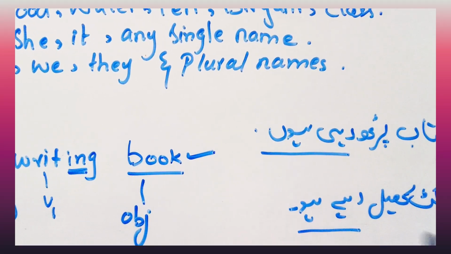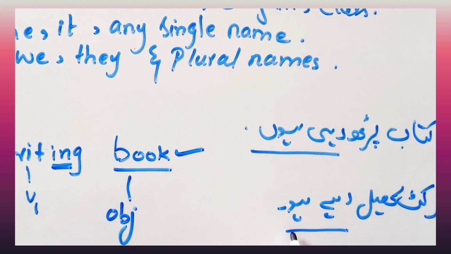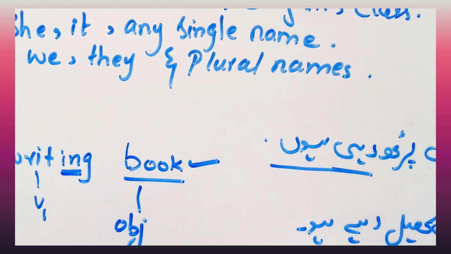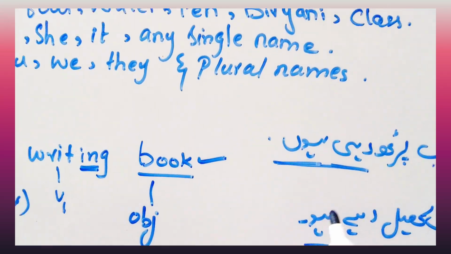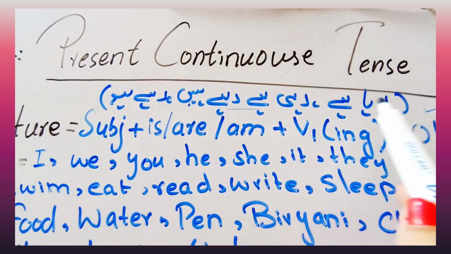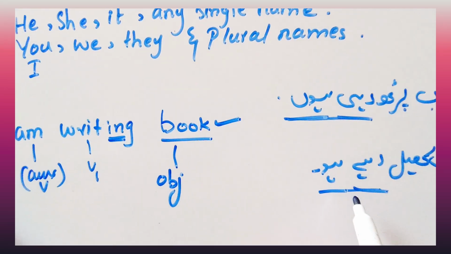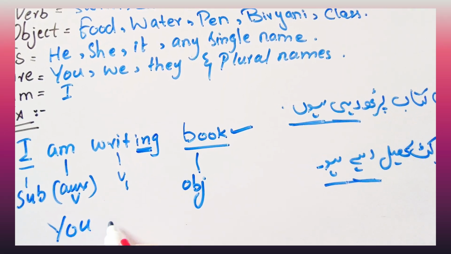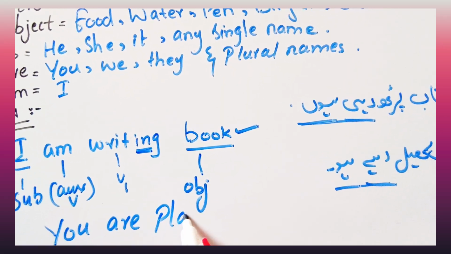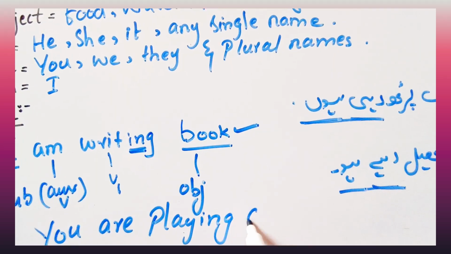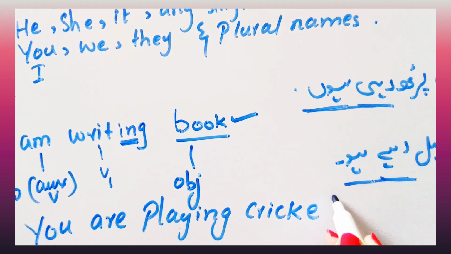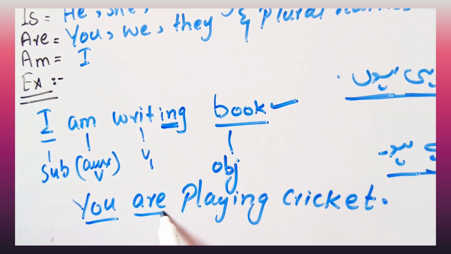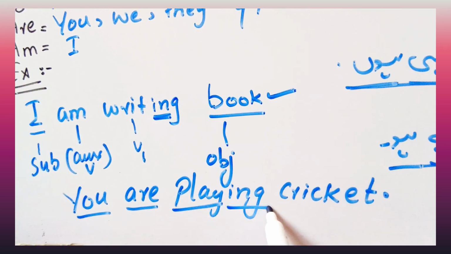But here, if we talk about the present continuous tense, then you will focus not only on rahi, rahe, but also on rahe ho. This is basically the recognition. Rahe ho, रहे हो. तुम क्रिकेट खेल रहे हो. You are playing cricket. As you can see, this is the subject, auxiliary verb, first form of the verb with ing, and